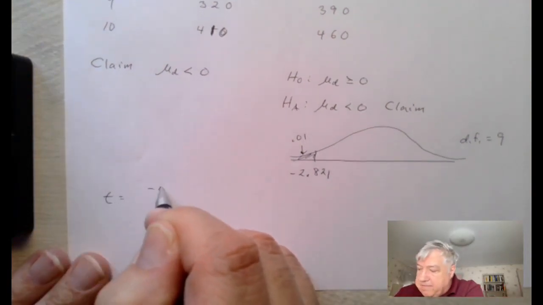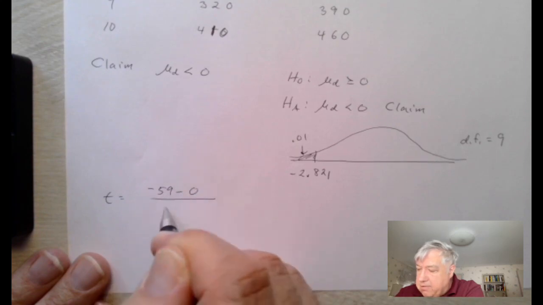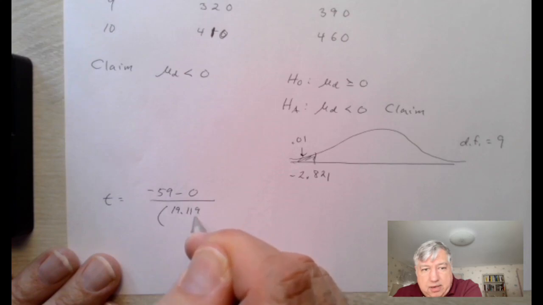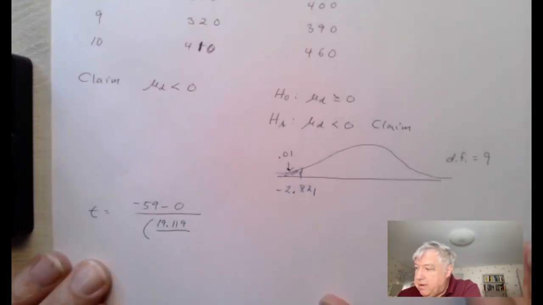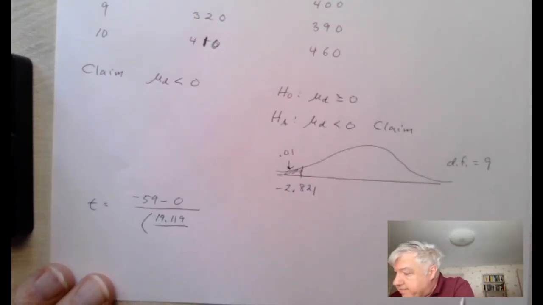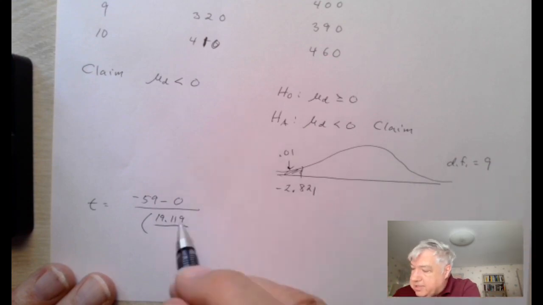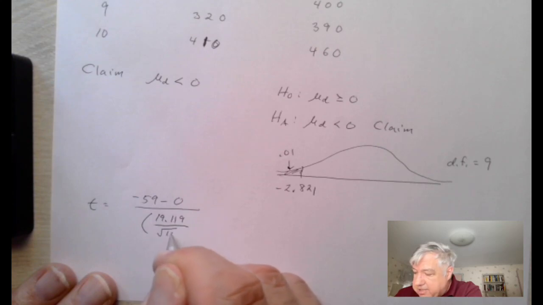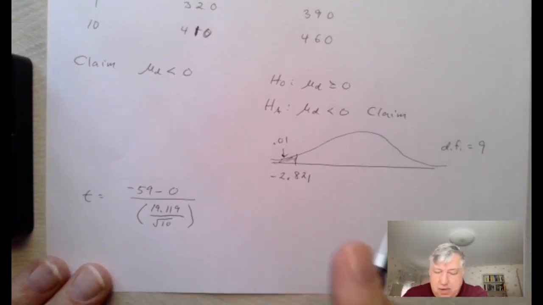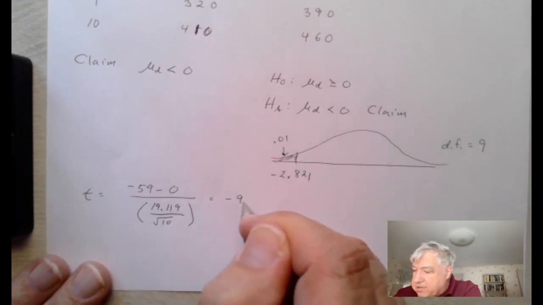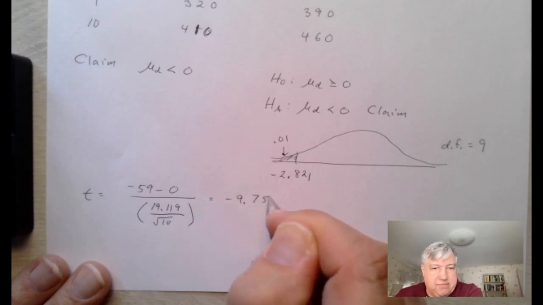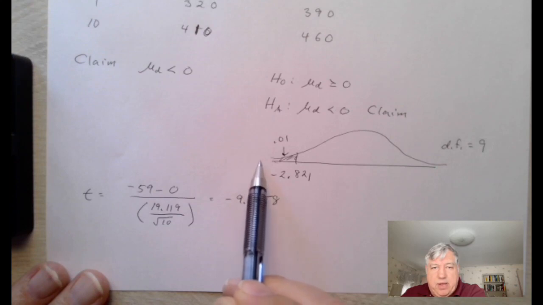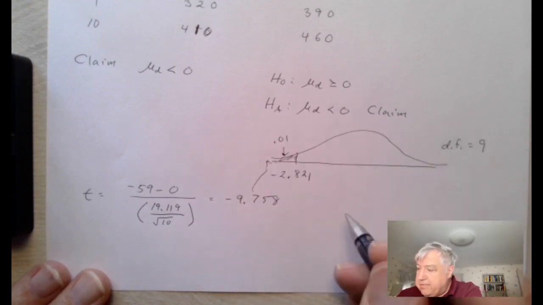Now we go ahead and compute t. That'll be negative 59 minus 0 over 19.119, that's from up here, over the square root of the sample size, which is 10. And this is going to be a very large negative number, negative 9.758. That's all we need. It's clearly way into the rejection region, right? So we can reject